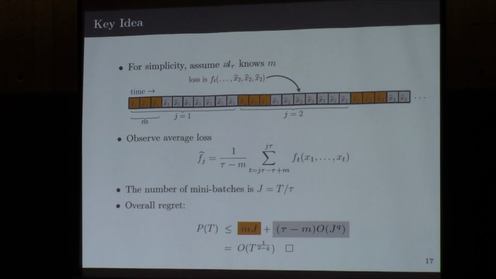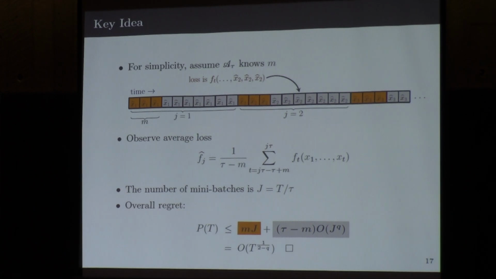So I'm confused. What did you mean when you said that the adversary is not reacting? So the adversary reacted to these M actions, right? And I can think of the feedback that I observe on the remaining rounds in the mini-batch as a response from an oblivious adversary.